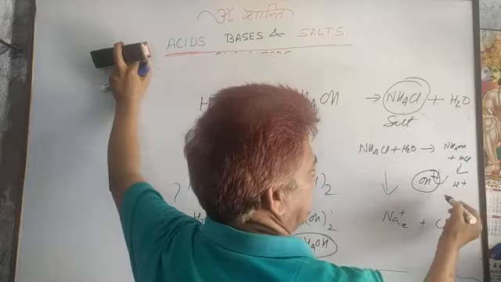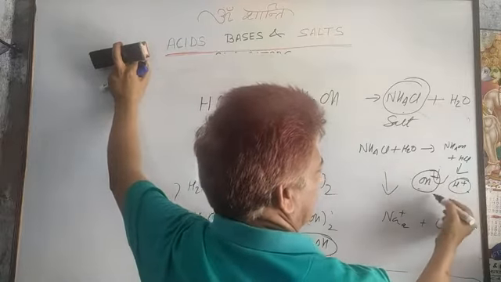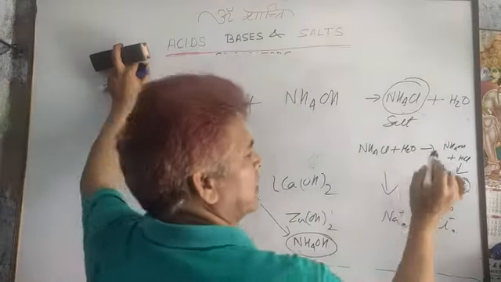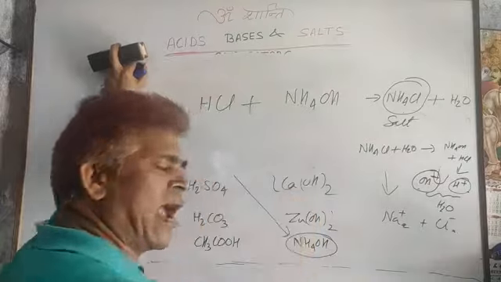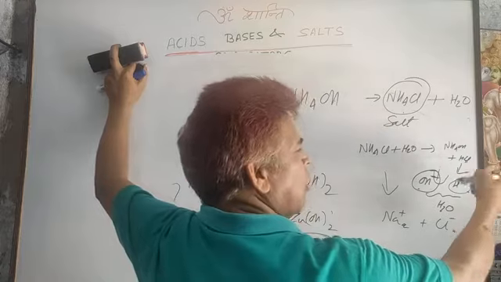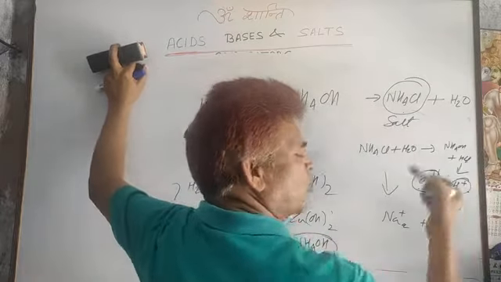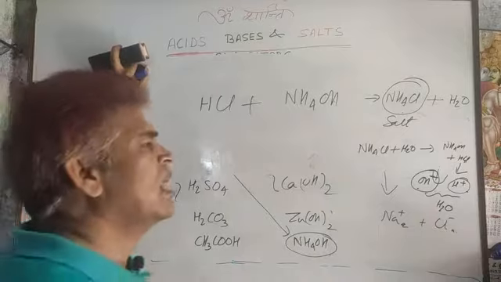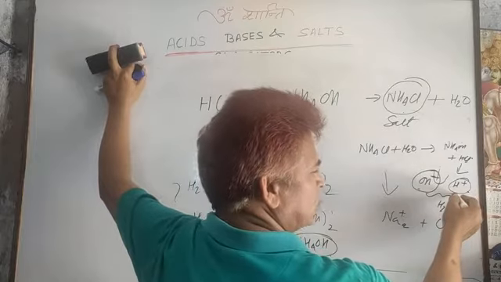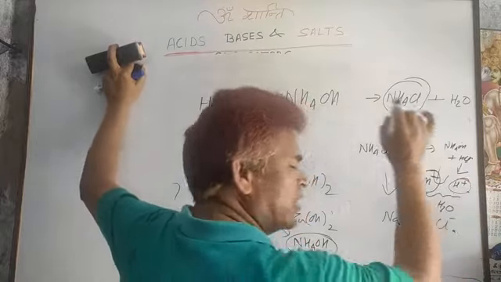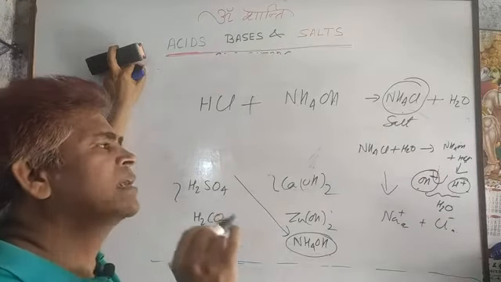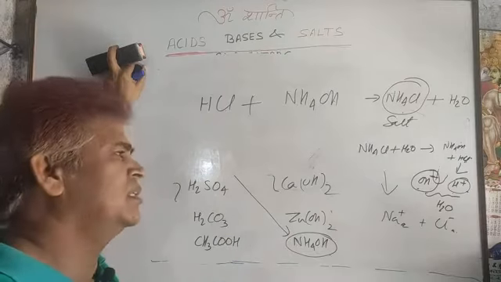So, here OH minus and H plus combine together and convert into water, but here the number of H plus is more than the hydroxyl ion, because it is the stronger acid. That one is 100% ionizable, all the HCl is split into ions, but ammonium hydroxide is partially ionizable, a lesser number of hydroxyl ions are present, and from HCl a greater number of hydrogen ions will be furnished. So, naturally in that solution the extra H plus remains, and that solution comes under acidic in nature.